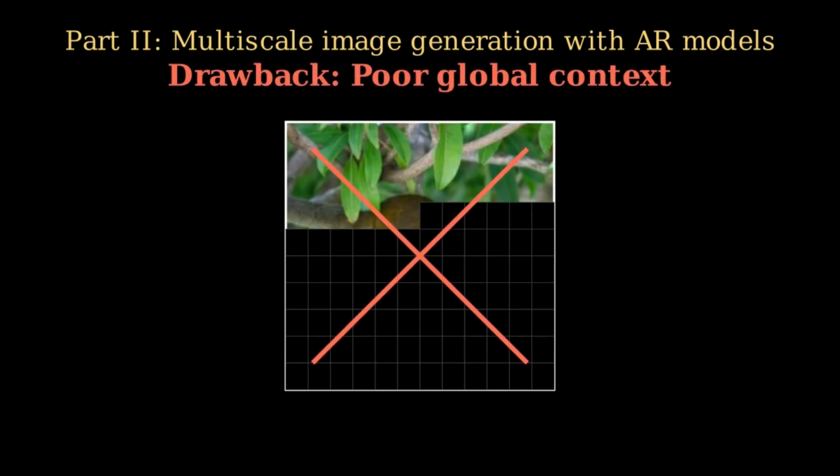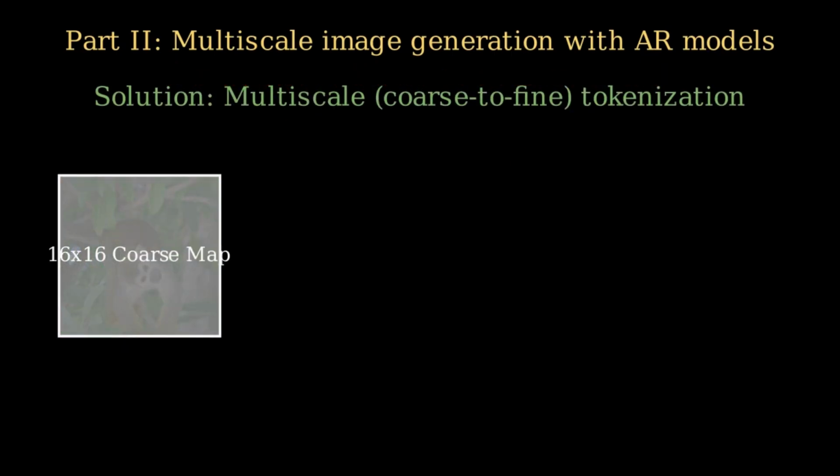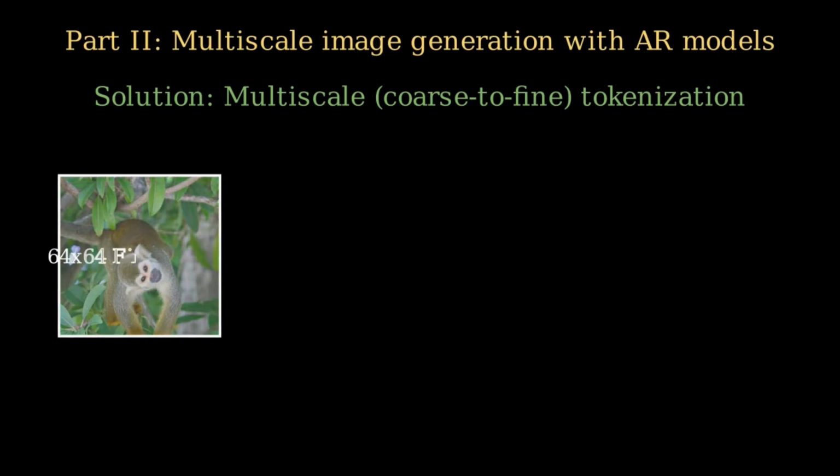Early in the generative process, the model has only seen the top left pixels, perhaps just a patch of blue sky or a few leaves. It is completely blind to what lies in the center or the bottom of the frame. Because it lacks a holistic view, standard AR struggles significantly to establish the global context, leading to broken structural consistency, misaligned subjects, and poor overall composition. So, how do we solve this? How do we give an autoregressive model the ability to see the forest before the trees?